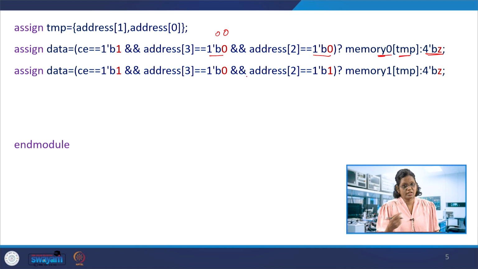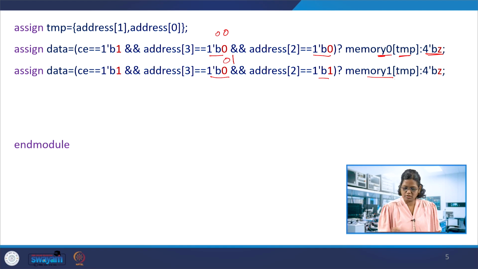So to retrieve the data from memory 1, assign data, chip select is 1, and A3 and A2 are 0 1. You can see that this is referring to the second memory, that is the A3 and A2 bits. If this is true, then go for assigning this memory 1 of temp. Temp can vary from 0 0, 0 1, 1 0, 1 1, that's 4 values.